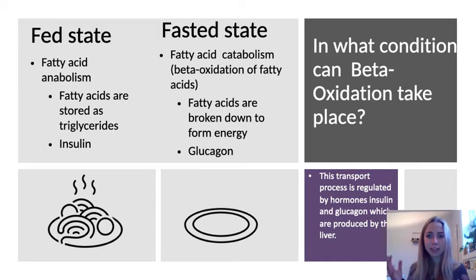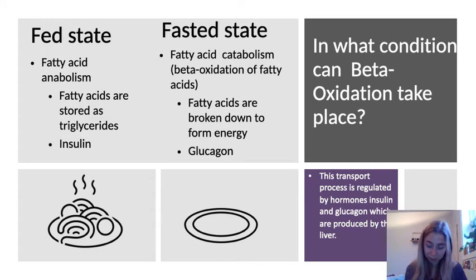So in what conditions can beta oxidation take place? In a fed state, fatty acid beta oxidation is probably not going to happen because we're already fed. We don't need to get any more energy. But in a fasted state, when our body needs energy, that's when the catabolism is going to happen and the fatty acids are going to be broken down to form energy. So in a fed state, what's more likely going to happen is those fats, triglycerides, are going to be stored